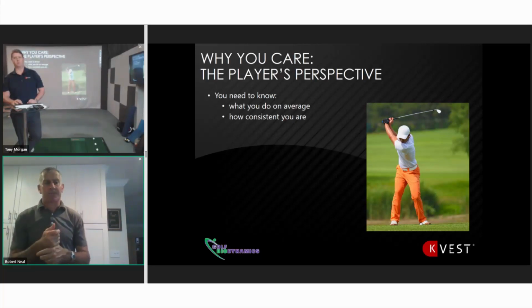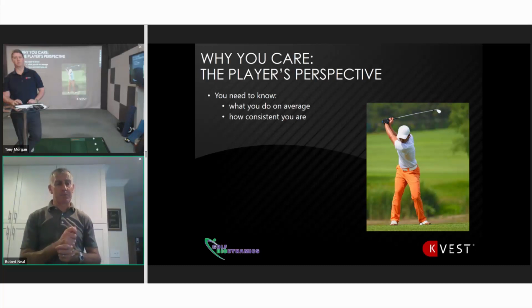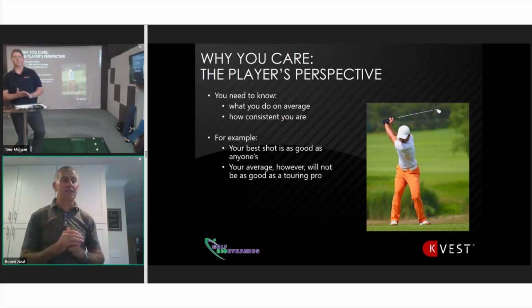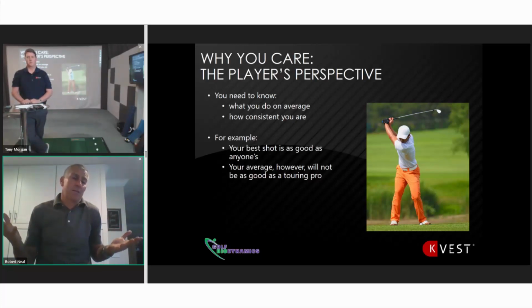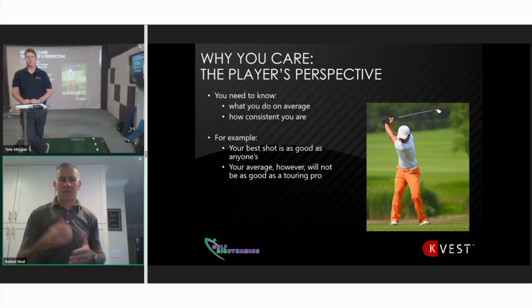So I often use this example with people. You could take any golfer and their very, very best shot is going to be as good as a tour player. Like if they take their 7-iron and they hit their Sunday best and it ends up within 20 centimeters of the hole or 6 inches of the hole, the tour player is not going to do any better than that, really, because everyone's going to make that 6-inch putt or that 20 centimeter putt, right? Yep. It's then how